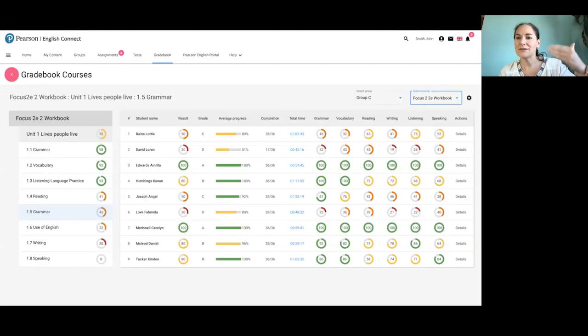You know, I'm very good at listening activities, but I think my teacher's going to say that I need to improve a bit my grammar. So I'm going to self-direct myself towards the grammar, and I can repeat activities again and again until I feel really confident in that. Educational technology gives you this ability to have this amazing overview and to give students a